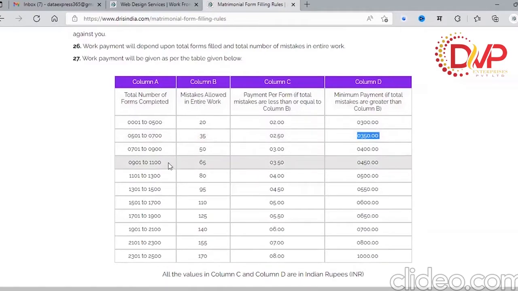Let us take another example. Suppose you have completed 1600 forms in 25 days. Then your work will come in this range. Now for this range, total mistakes allowed are 110 in entire work. That means, if total mistakes in your 1600 forms are less than or equal to 110, then you will get rupees 5 per form. That is 1600 into 5, that is equal to rupees 8000. But if total mistakes in your 1600 forms are greater than 110, then you will get total payment rupees 600